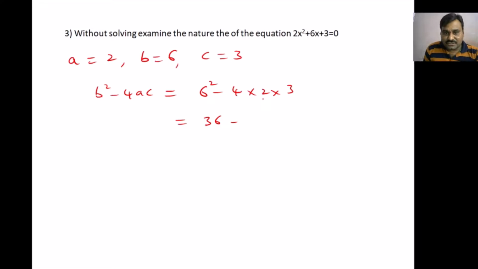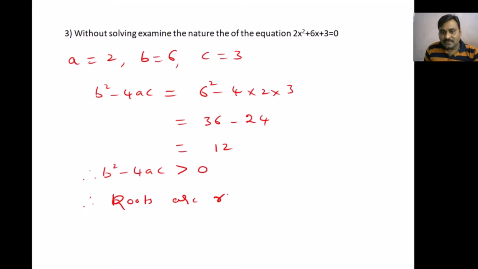2 eights are 8, 8 threes are 24 we get. So 36 minus 24 we are going to get as 12. So the b square minus 4ac value we got 12, it means it is greater than 0. So what we can write in this case, b square minus 4ac greater than 0 means the roots are